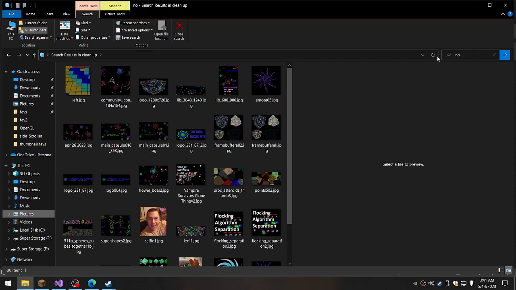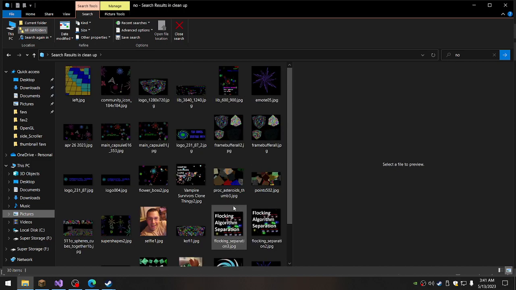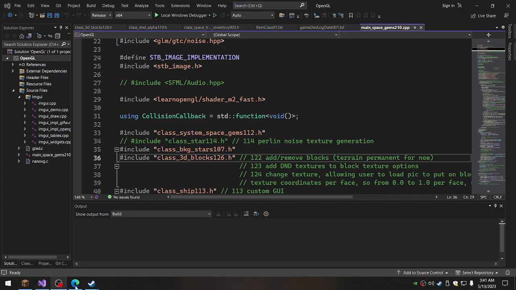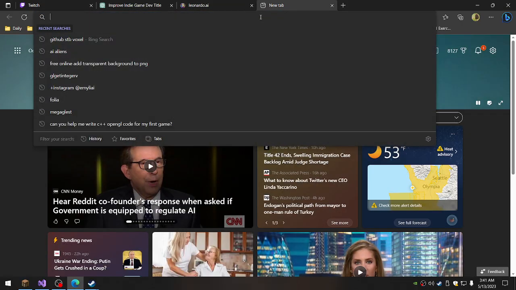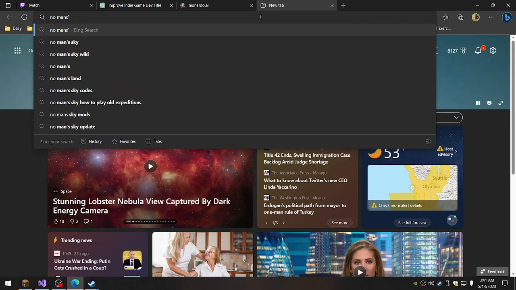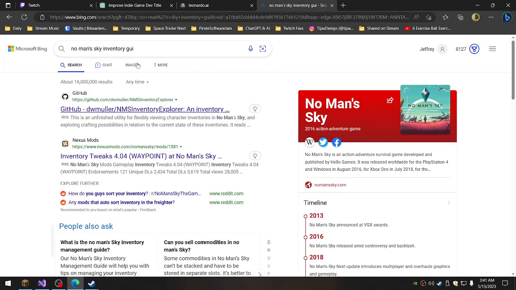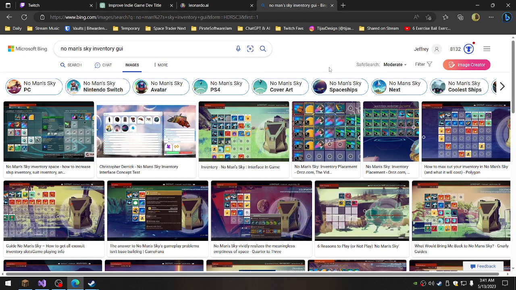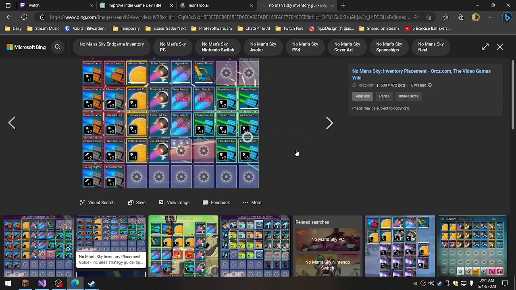Well, there's me. Let's do a Google search for No Man's Sky GUI. There we go. So the way they do it, they have really good, yeah,